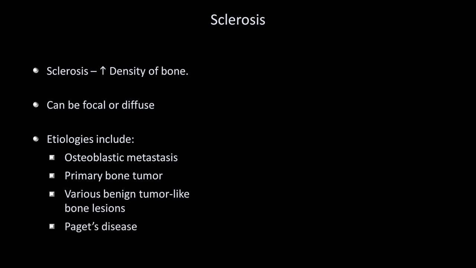As briefly mentioned a minute ago, bones can be sclerosed. Sclerosis essentially means increased density of the bones. It can be focal or diffuse. The etiologies are numerous and vary greatly depending upon the age of the patient. Overall, things to consider include an osteoblastic metastasis, primary bone tumor, various benign tumor-like bone lesions, Paget's disease of bone,